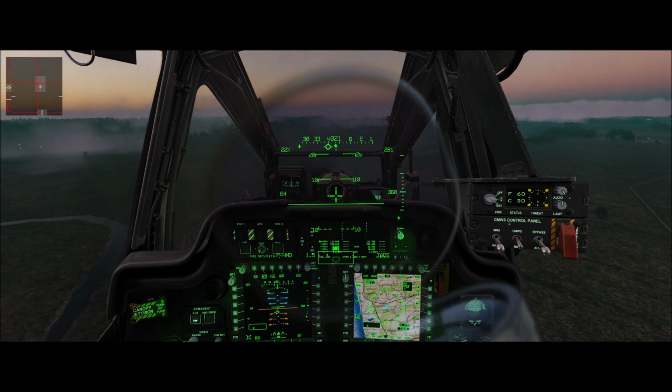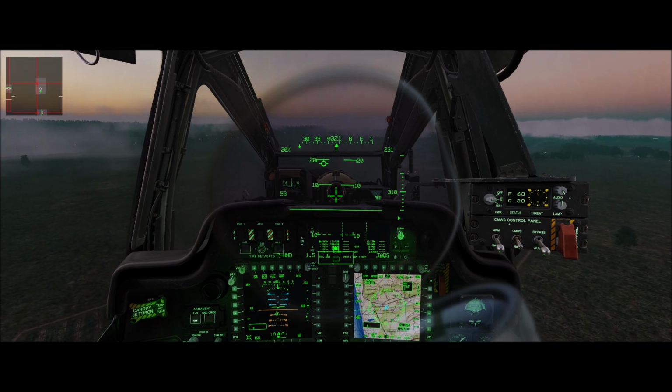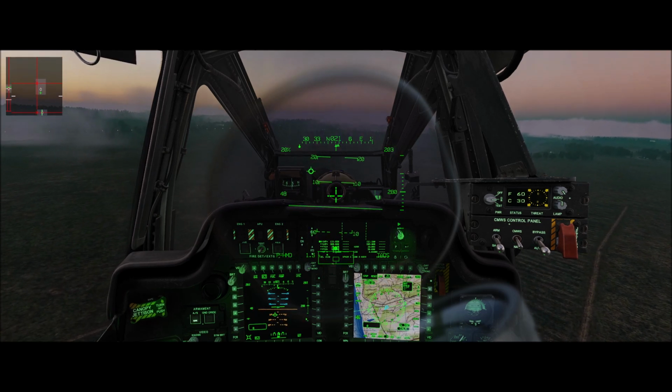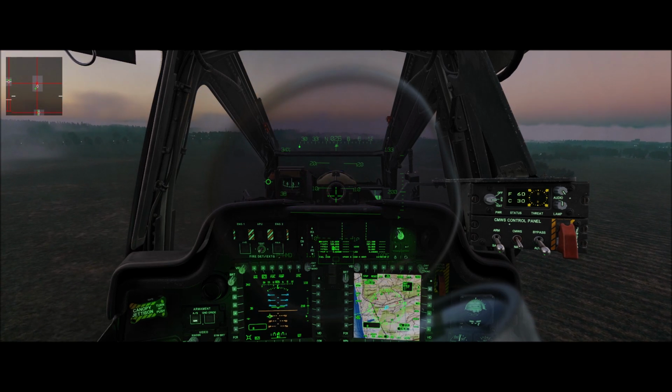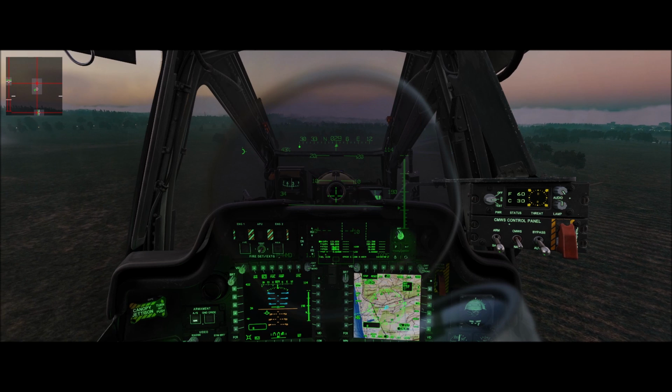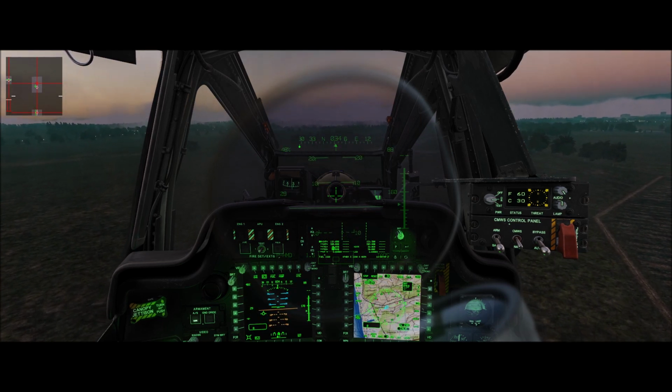Continue our descent now below our MDA. We have the airport environment in sight, so we can descend below MDA, minimum descent altitude. And we begin our normal approach to the runway numbers. Lowering our collective, right pedal, aft cyclic. Remember to get the aircraft slowed up, get our walking speed,